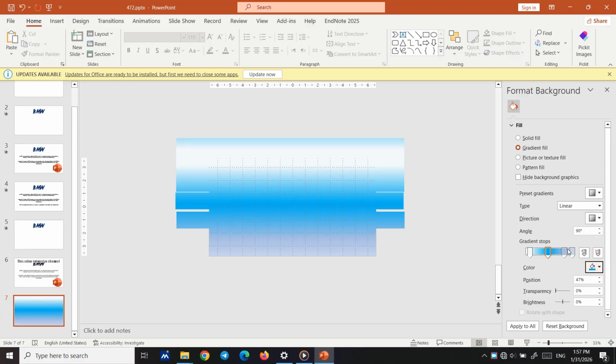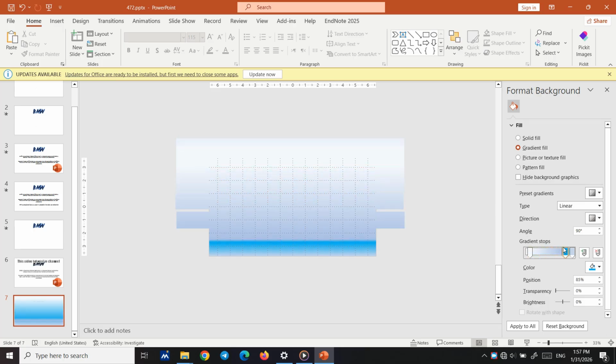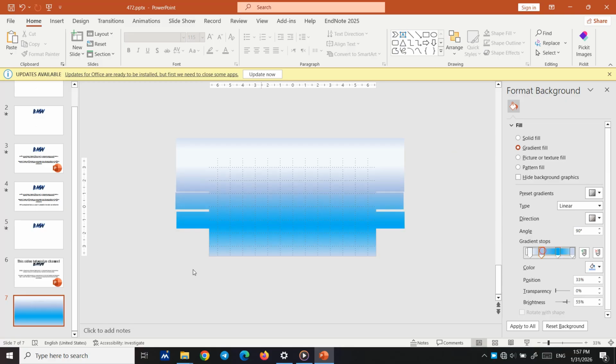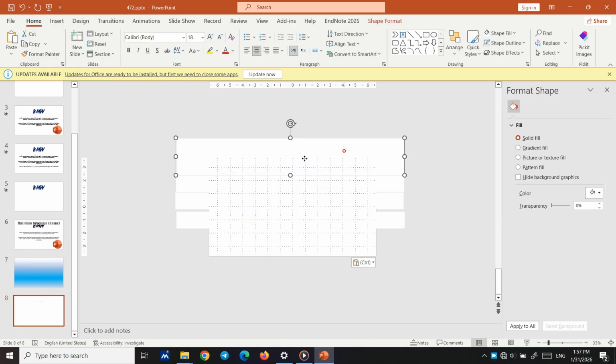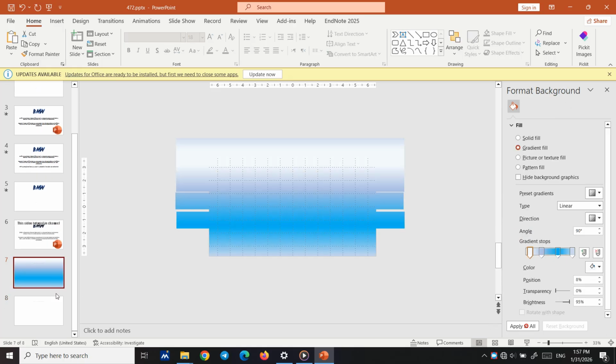But it's important that your gradient fill does not look very suspicious. Okay, it's good. Something like this. Then copy this slide, apply it to all,